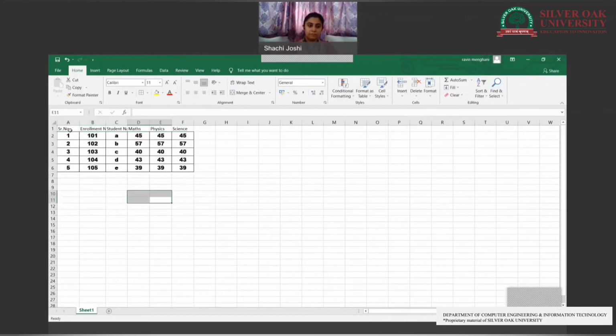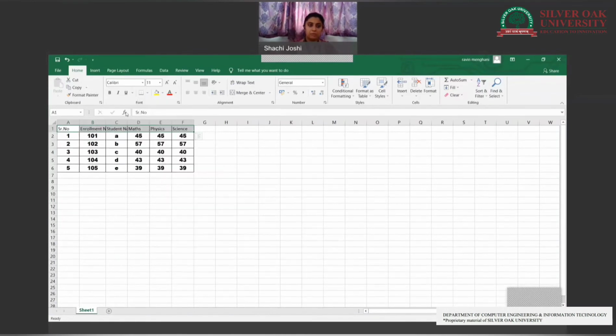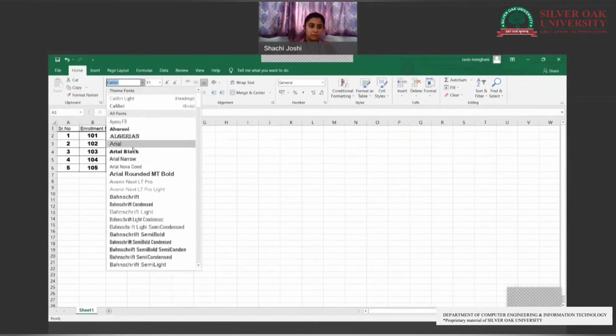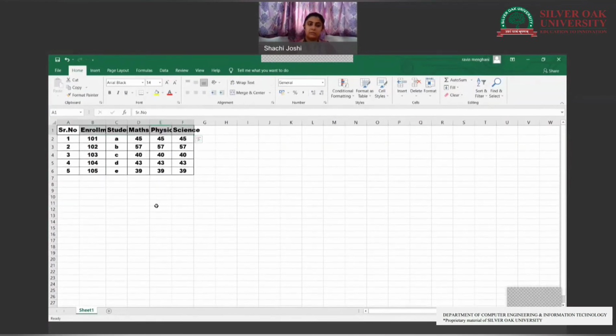Now select this, apply all borders, and since it is the heading, apply a thick bottom border to it. Arial Black, size 14.